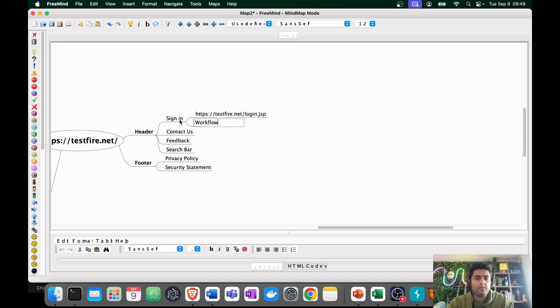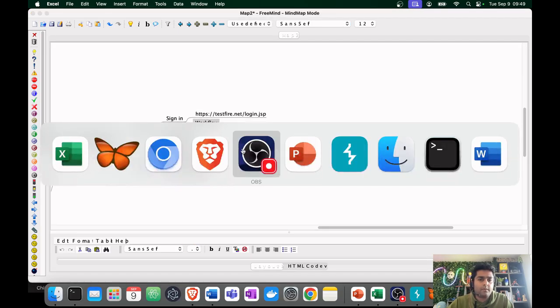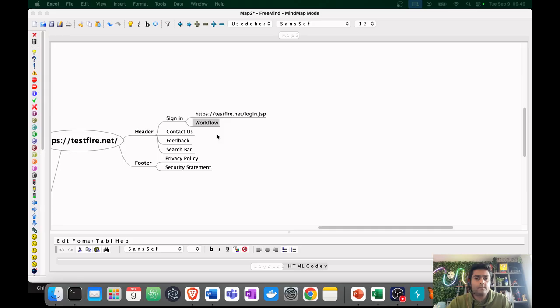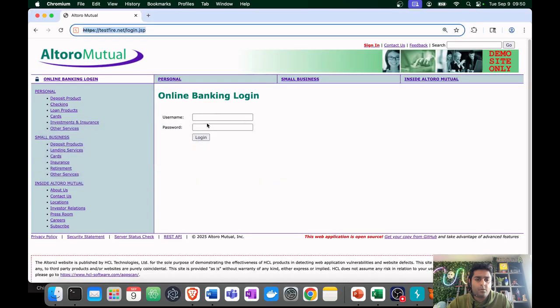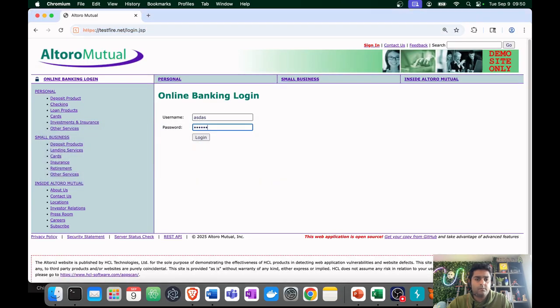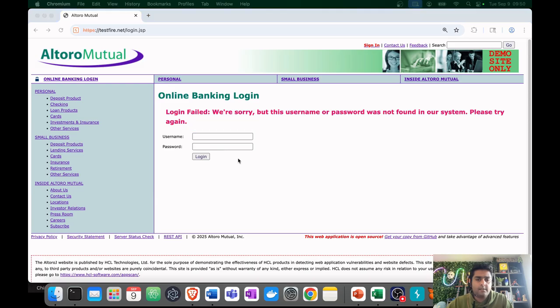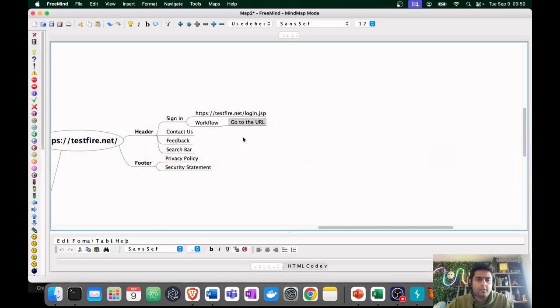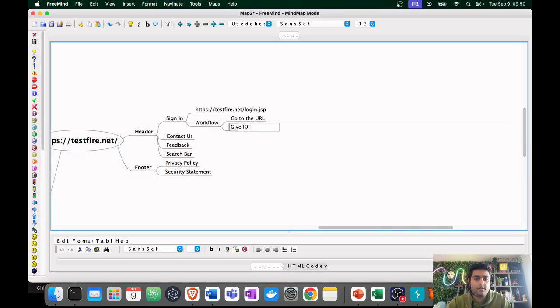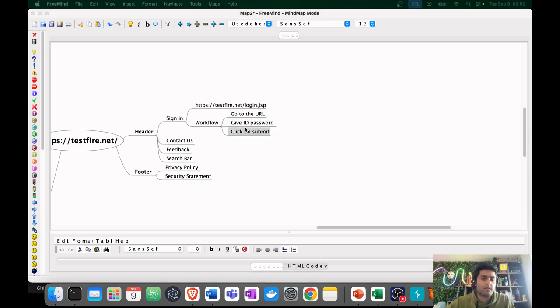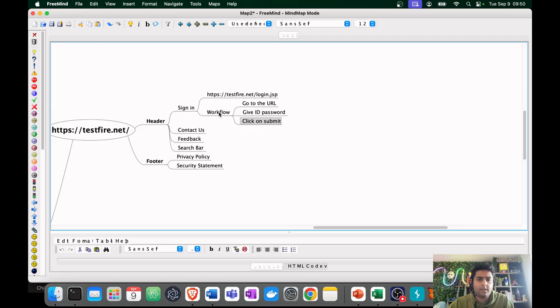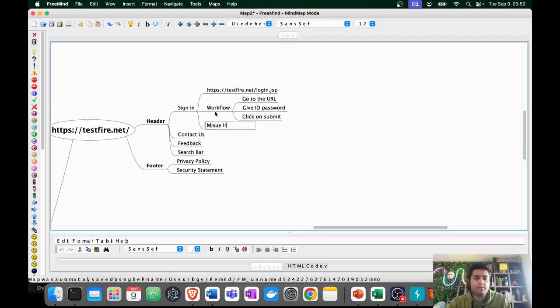Okay, workflow is you go to the request, go to the URL, give ID and password, nothing else. Give ID, password, click on submit. So these are the normal stuff. Now, based on that, my misuse